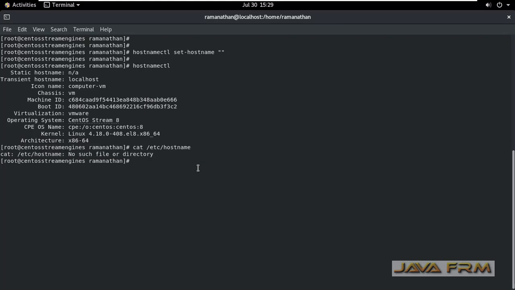So this is very dangerous. Don't reset or clear the static host name while your computer is on a network. Make sure that your computer is running as standalone